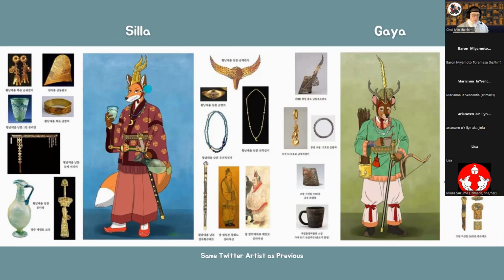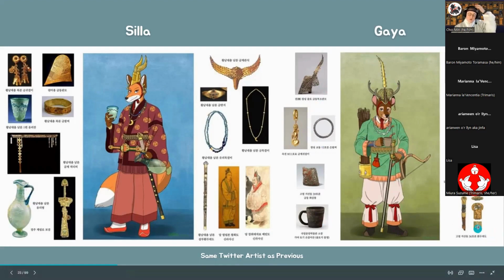And then we've got earrings galore. We've got bangles, and like I said, Roman glass made it to Silla Dynasty. We have it in the tombs, and he's got the Roman glass ewer and cups here in the picture. And we have this here, which looks like a side dagger, and it has frog fittings on the sides. And then we have Gaya, which iconically really likes deer, so he made it a deer furry. And so we've got these very cool crowns for all of this early period stuff.